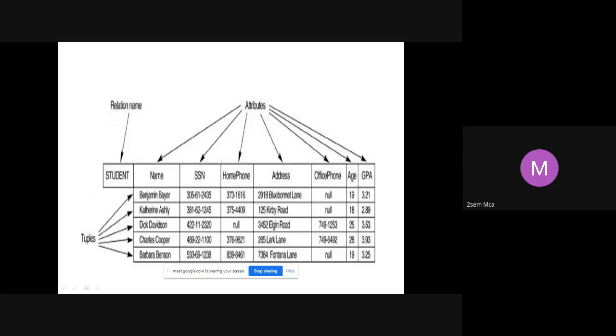See here. This is what is your intension: student, the relation name, and all the attributes we are given. This is your set of tuples, which you call extension. The collection of all your records you call extension. So this is relation type and relation set. The collection of each of these records you call relation set.